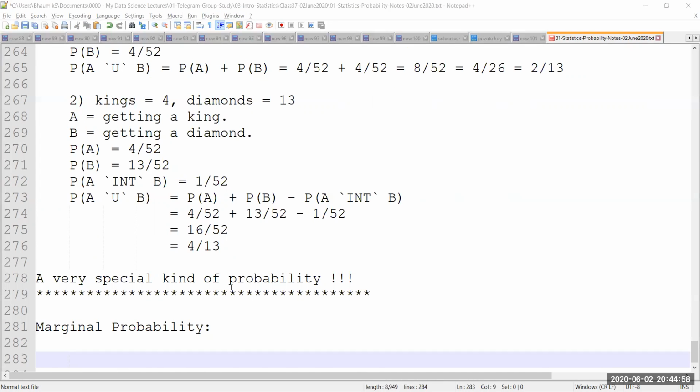Marginal probability is simply a very well-known technique. It is just a technique. You can consider that as a technique. There can be a multitude of definitions in a variety of books, but I would like to call it a technique by means of which I can find out the occurrence of some event, provided something has happened or